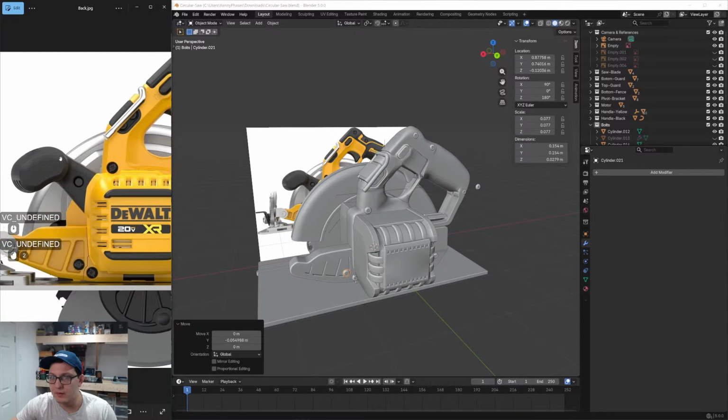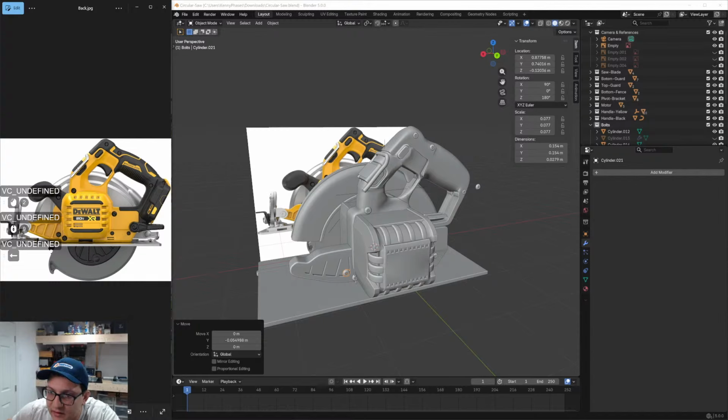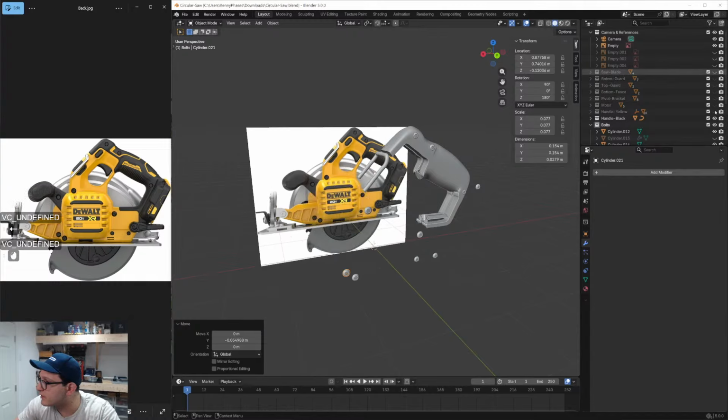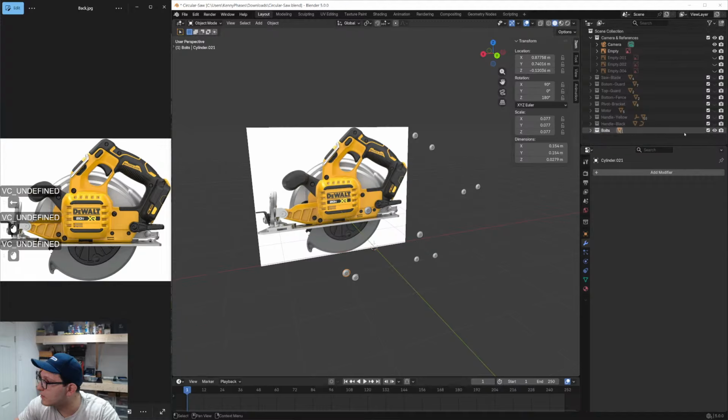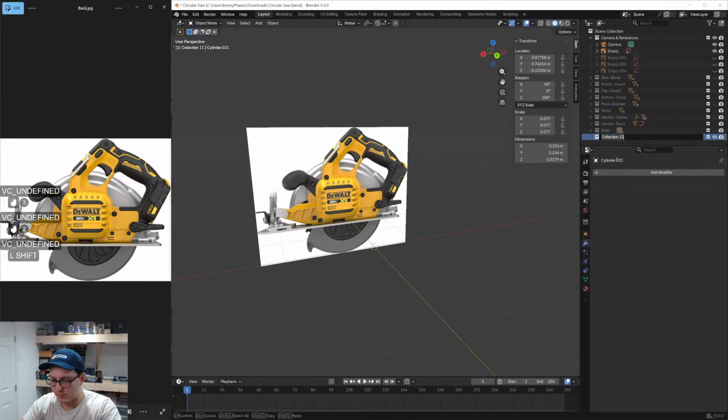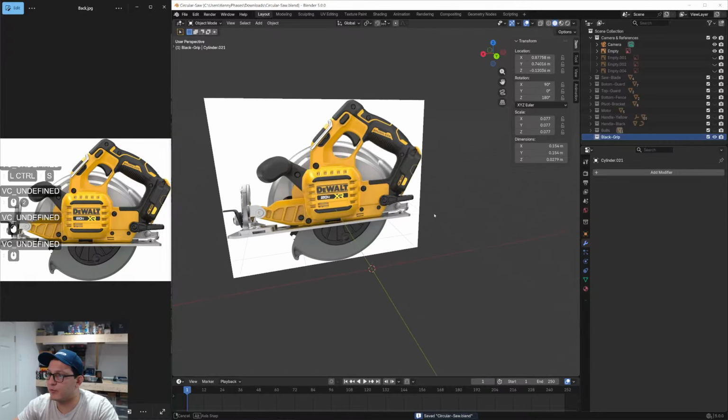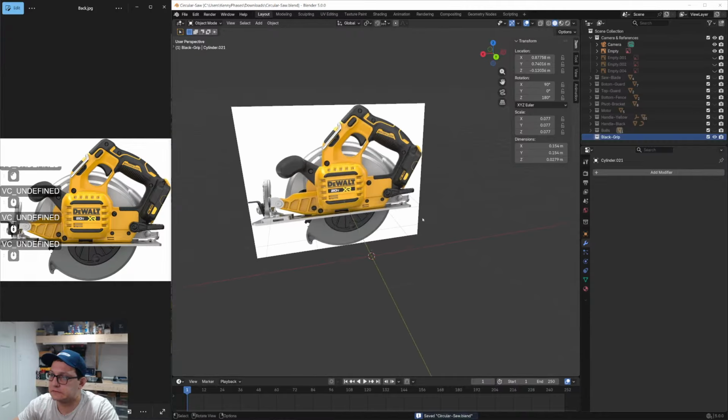Yeah. Let's design this weird handle thing. See if I can see this. Okay, so let's go ahead and hide most of this stuff. I'm going to do black handle. I'm going to call it grip. This is kind of more of like a grip. Okay, and we'll probably do, I feel like we can design this off of a